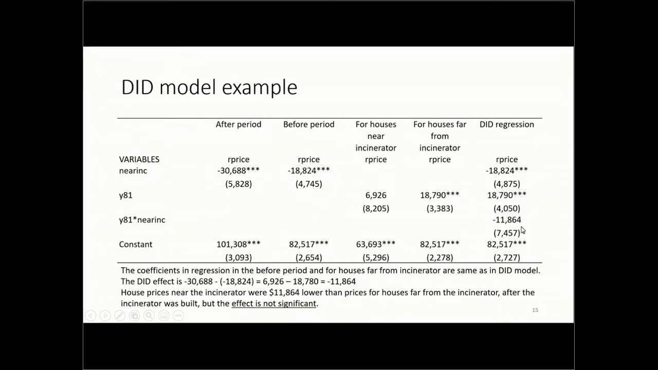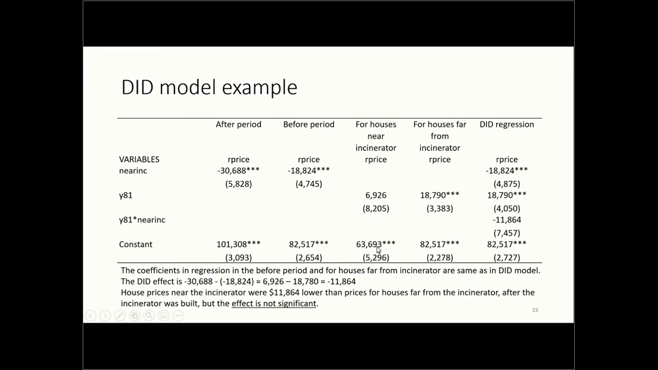Now, notice that we actually can backtrack these coefficients to each of the models. So this coefficient here in the before period is exactly this one. And this one is exactly this one. And then for houses far from the incinerator, we have this coefficient equal to this one. And this one, of course, is equal to this one. So we actually have exactly the same coefficients. And we could actually obtain these coefficients here,